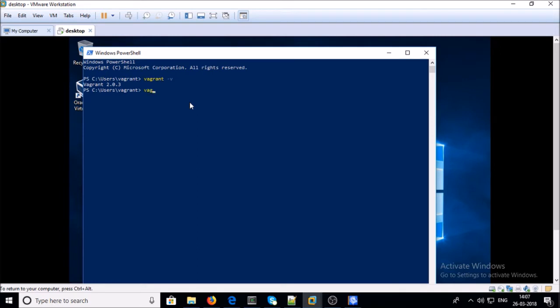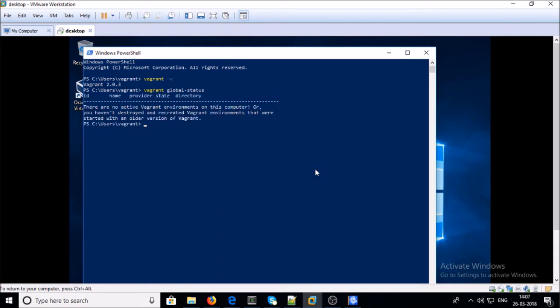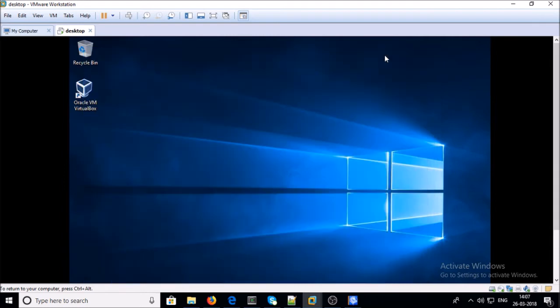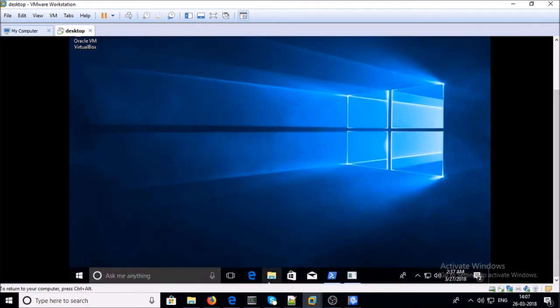Version 2.0.3. Vagrant global-status. You can see the global Vagrant status, like how many machines there are and what their status is, like whether they are up or online, down, suspended, or any other status. So at this moment we are able to access Vagrant with PowerShell, but